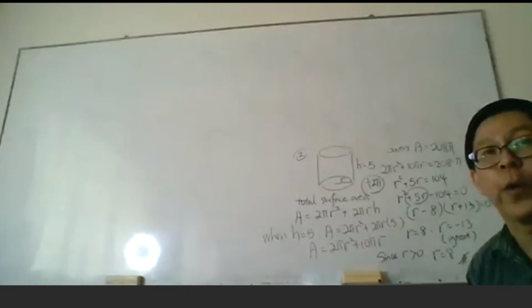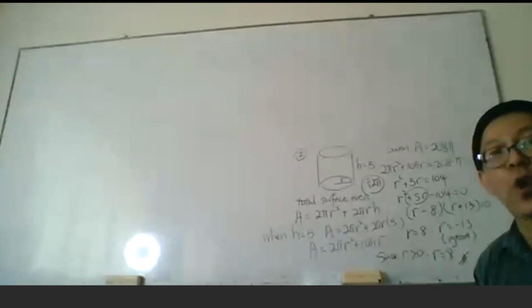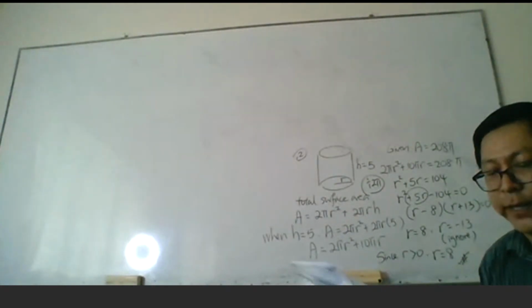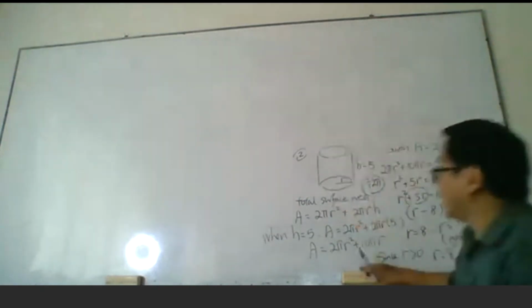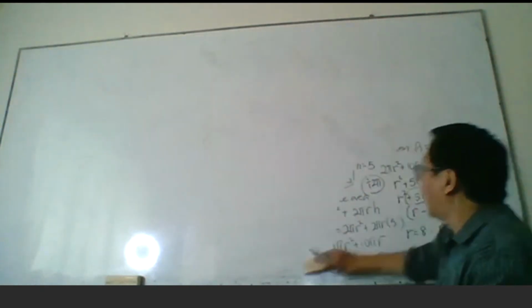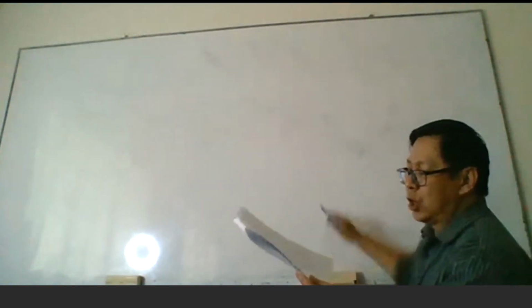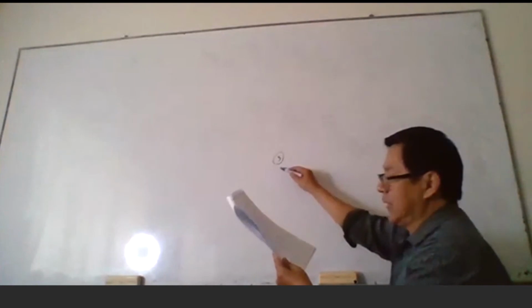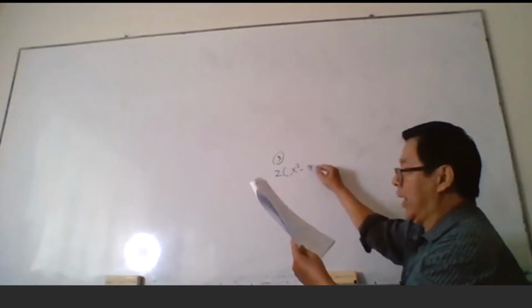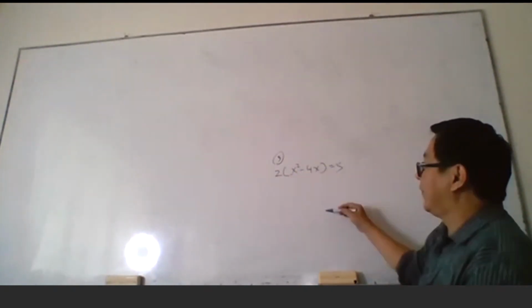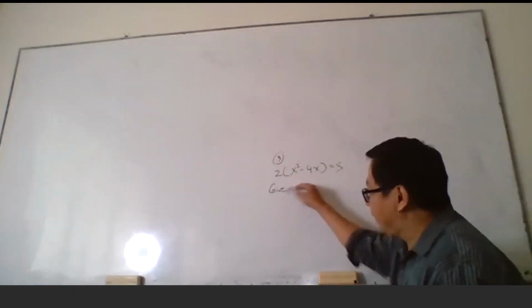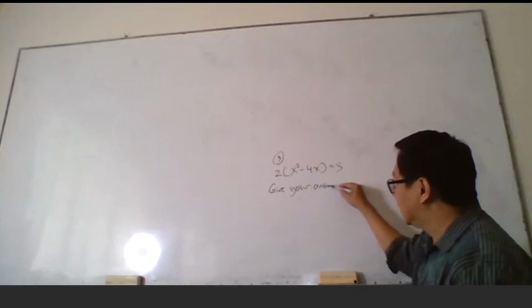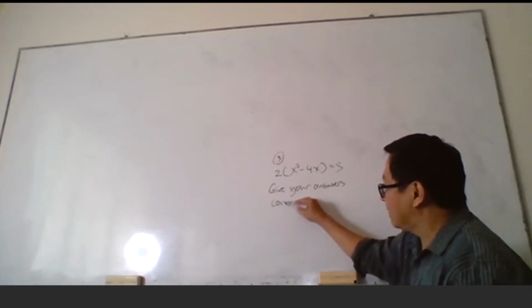Let's go through questions involving the quadratic formula. Can you please look at your example number 3? In your question number 3, it says 2 bracket x squared minus 4x equal to 5. I want you to pay attention: if the question says give your answer correct to